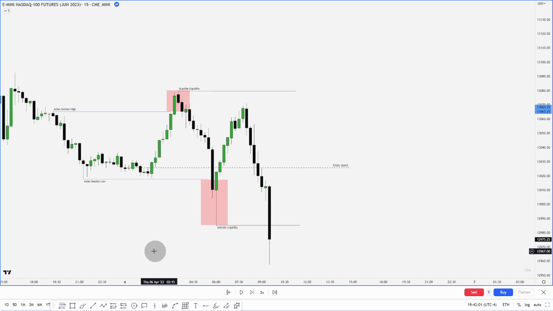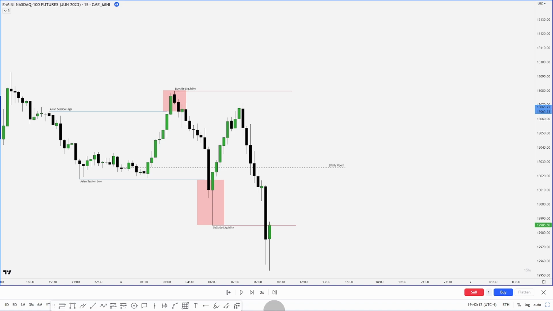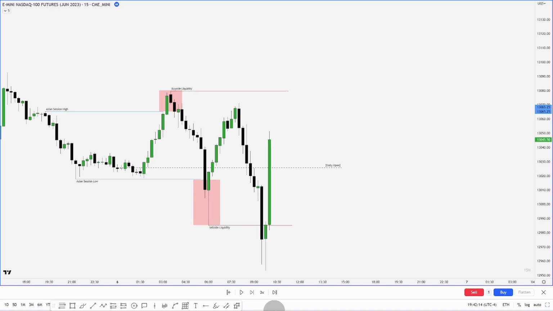So right there, we sweep sell side liquidity, we get a move back into the range, and if we do, where are we likely to be headed? For these highs. So right there, we get a large displacement candle, we have an order block, so I'd be looking for a reaction here to look for that buy side liquidity, and we now have another deviation right here.